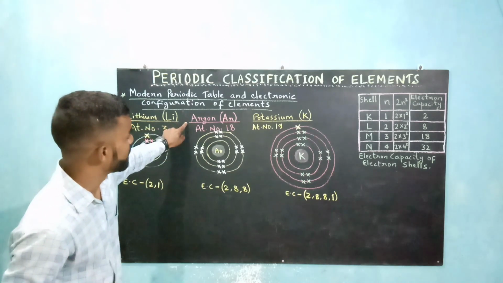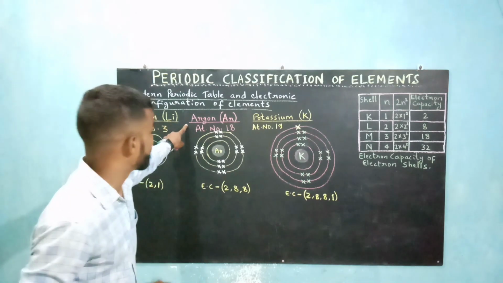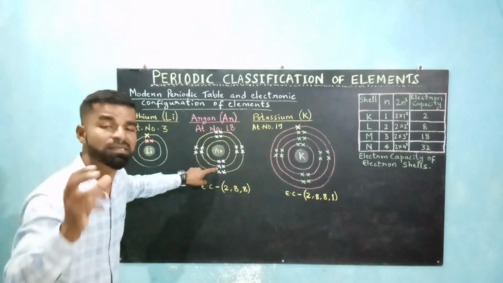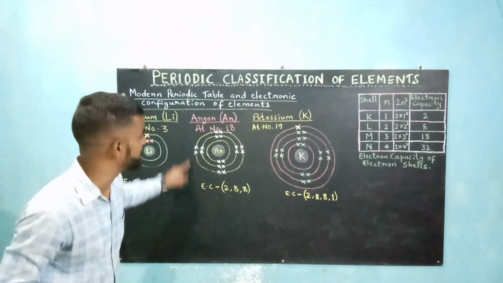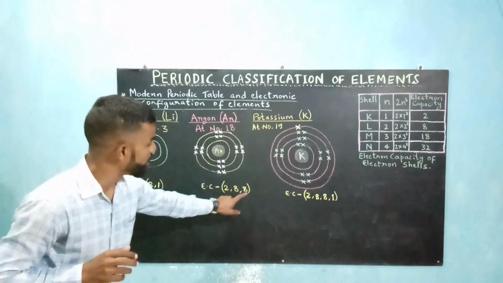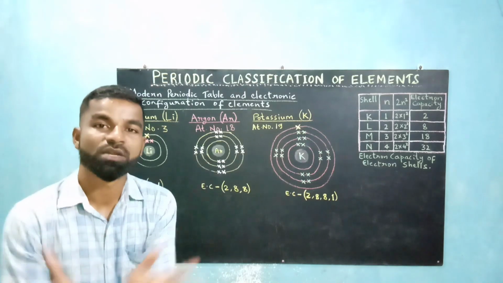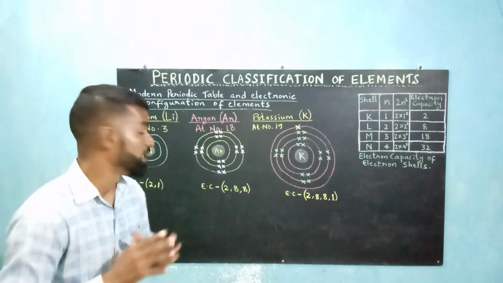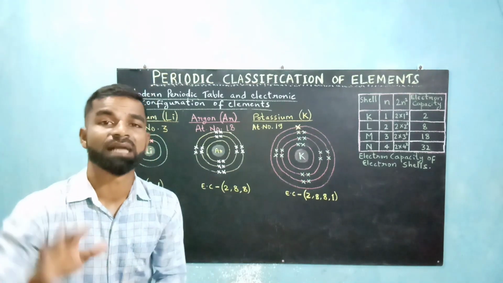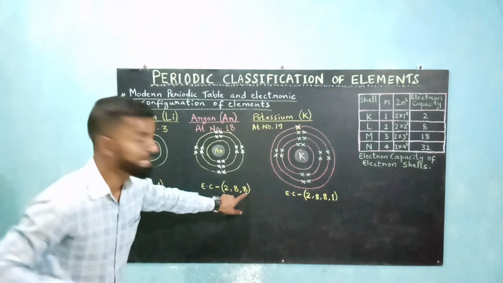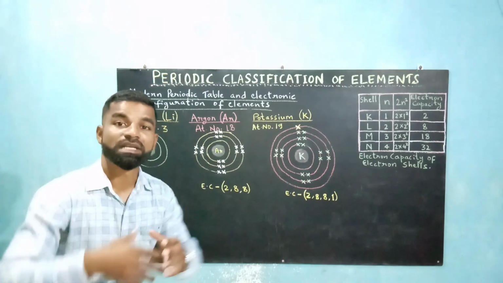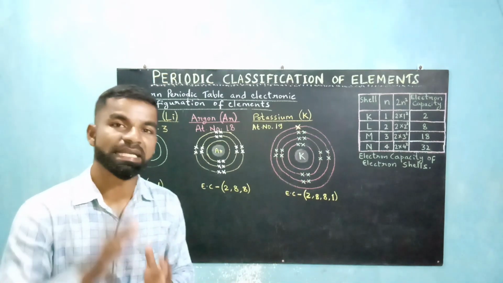Similarly, argon has atomic number 18, and the electrons are placed like this: the first shell has 2 electrons, the second shell has 8 electrons, which is its maximum capacity, and the remaining 8 electrons are placed in the third shell. It has electronic configuration 2, 8, 8, and the atom of argon is said to be neutral because it does not react with any other element. Argon does not react naturally because its octet is complete, as it has 8 electrons in the outermost shell. So it cannot react with any other element because its octet is complete.